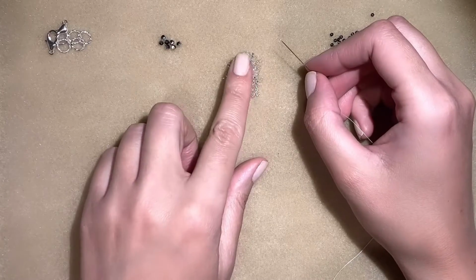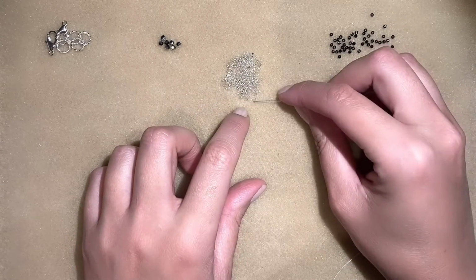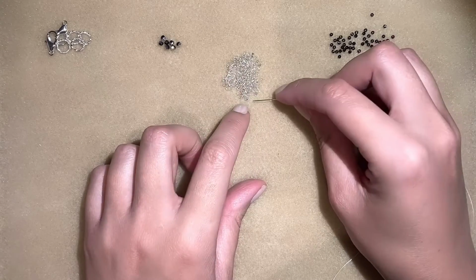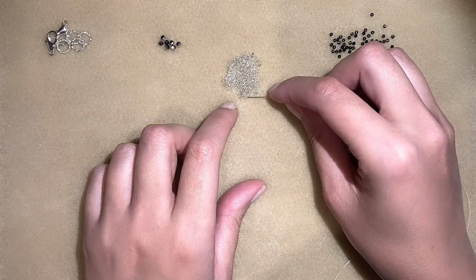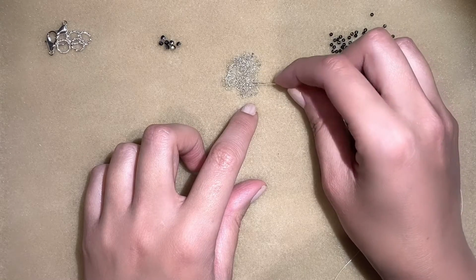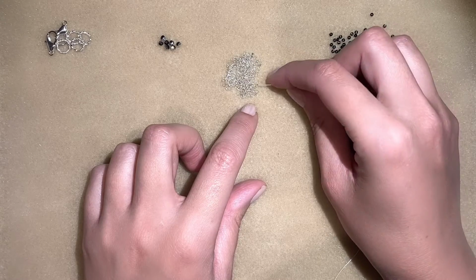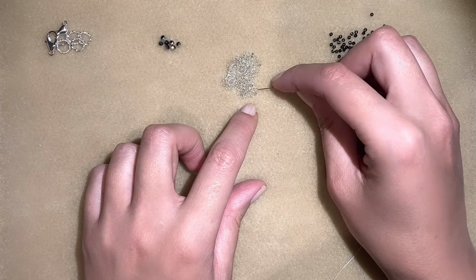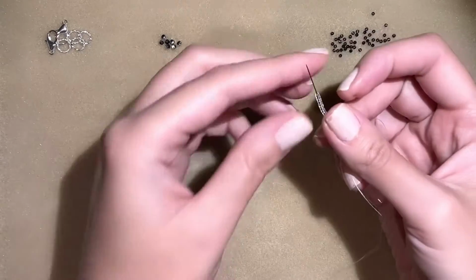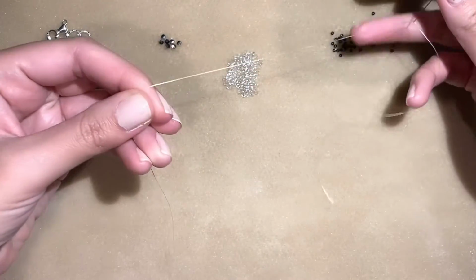So to begin with, we will start with 10 for our loop, our circle. So 1, 2, 3, 4, 5, 6, 7, 8, 9, 10. So for this circle, we'll come down to about here,